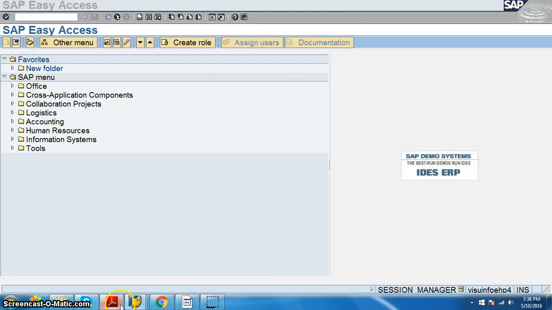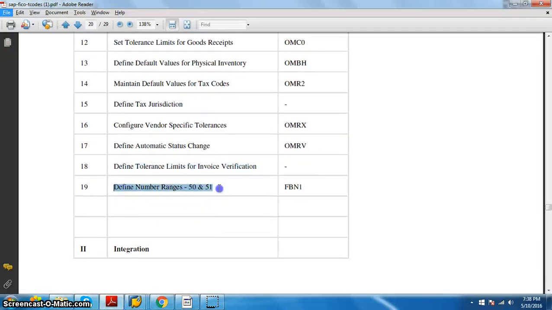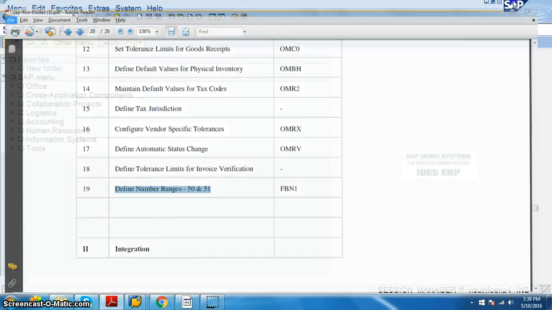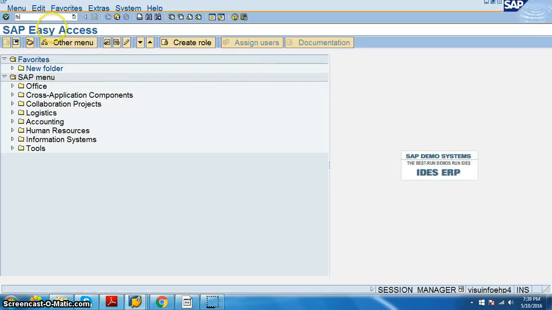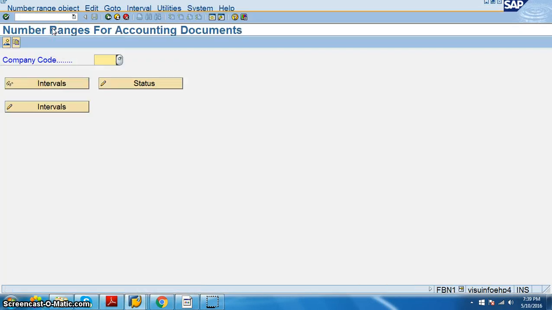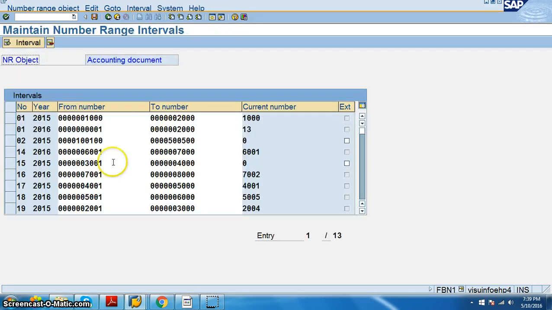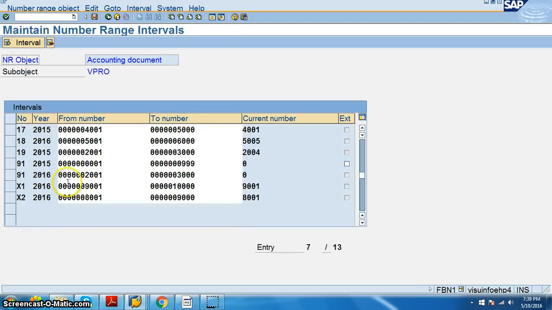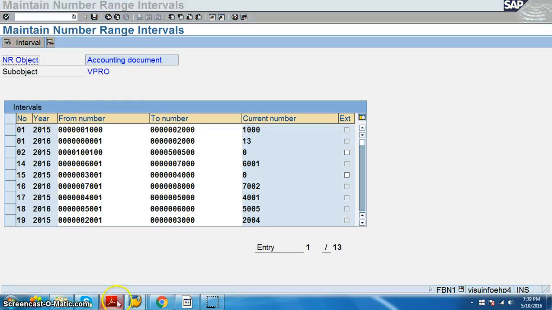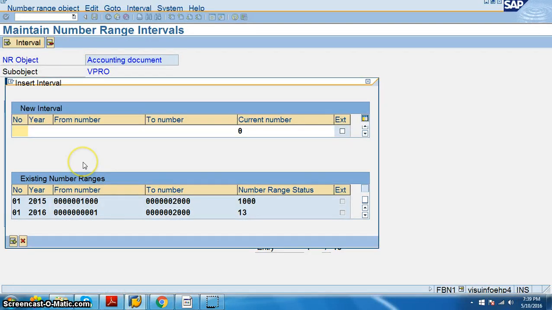Now what we have is define number ranges 50 and 51 in FBN1. So in FBN1, as you have seen in the past with different subledgers, there are various intervals that we need to maintain for different applications. So we have VPRO here, intervals, and in this we need to go for 50 and 51. So we need to maintain 50 and 51 here. So intervals 50,